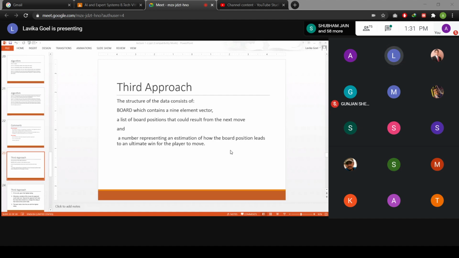Based on different evaluation functions, you can give a score to a particular board position. This is just an example of how you assign the scores; it's not that you use this function in all cases. So now when you assign the scores to each board position, you will choose the best move, that means the best board position, and you will select that one.